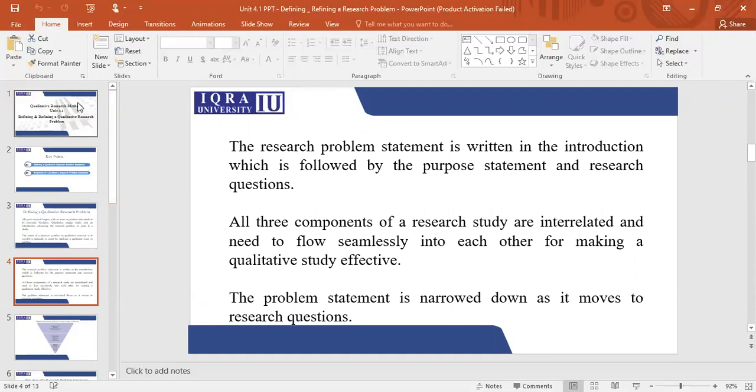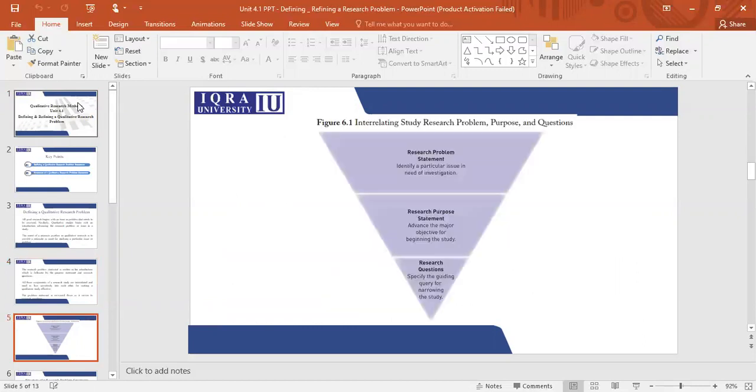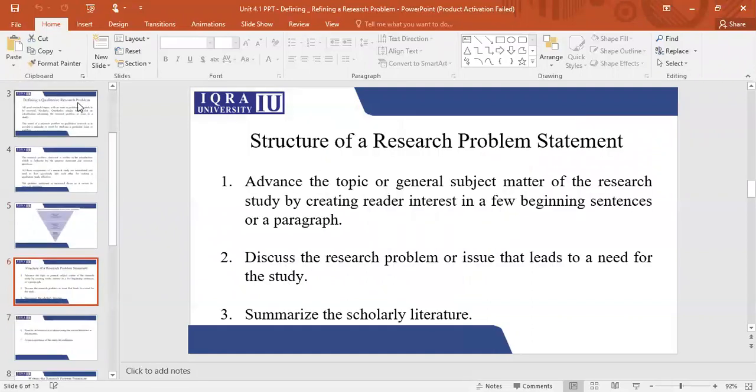Along with the problem statement, we will write the purpose of the statement, that is, why you are researching this topic, and you develop some WH research questions as well. In the problem statement, you will be discussing what the main problem is, what its consequences and effects are, and why it is very important to solve this problem, and from there you develop the research questions. So first you identify a particular issue that is going on, then you study in depth why it needs to be investigated, what should be your major purpose in solving that problem, and what the implications can be, and then from there you develop your WH questions.